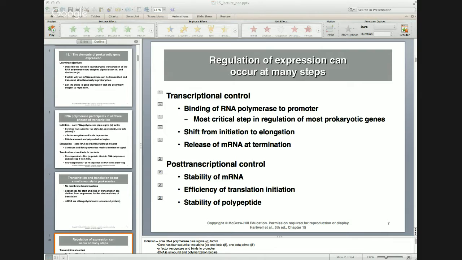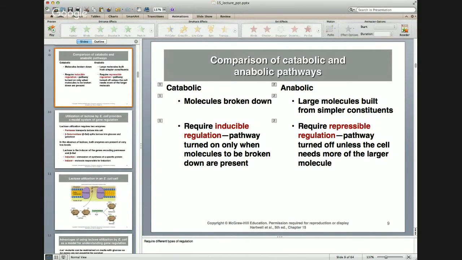So it's important that the protein that is made after translation stays around for a while. Okay, so these are just some of the steps at which regulation can occur. Let me change this a bit here. Okay,